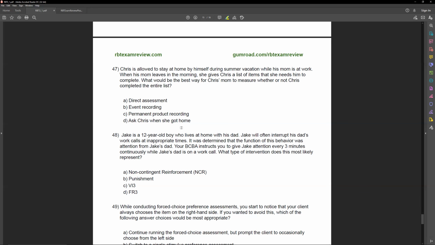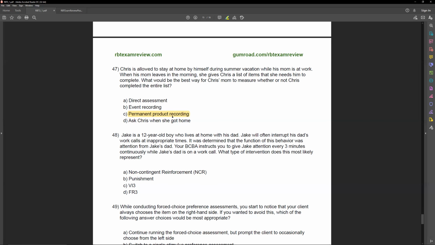The best way she can do it is permanent product recording. What is permanent product recording? Permanent product recording measures the outcome or the product of the behavior. So if Chris gets a list, Chris's mom can come and check and see, did Chris complete every item on the list? There's going to be a product of Chris's behavior if he does all the items on the list. If Chris vacuums and buys groceries, and changes light bulbs,